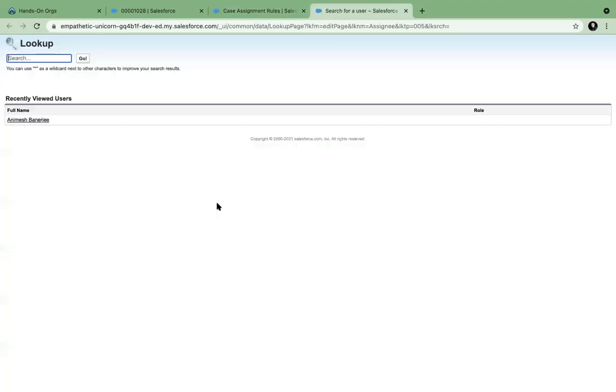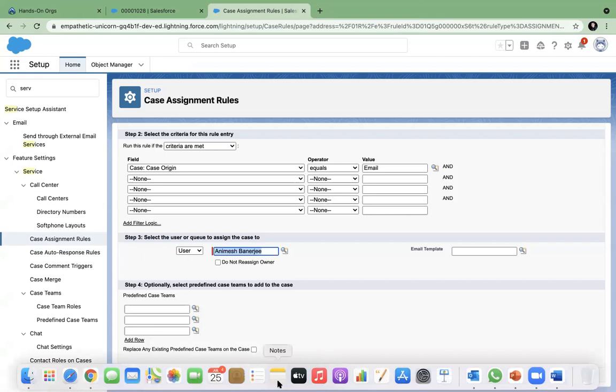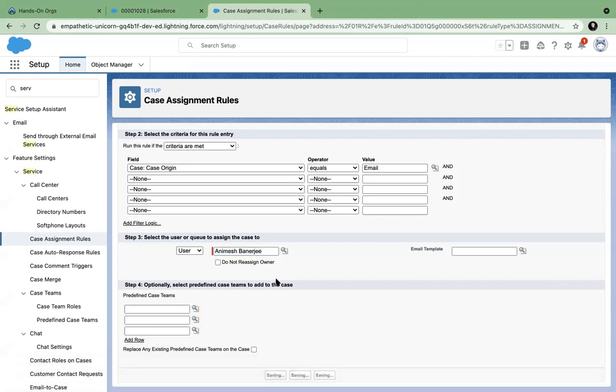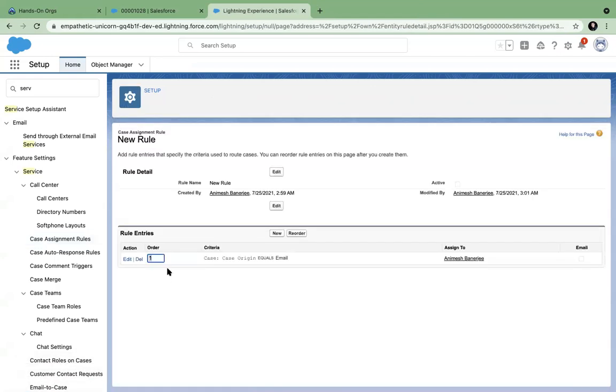Let me put a user first. So now you see sort order 1. So you can keep on adding more steps. In any step, when the assignment is done for the case, this assignment rule stops. There is no need for the next steps. So they are step by step.